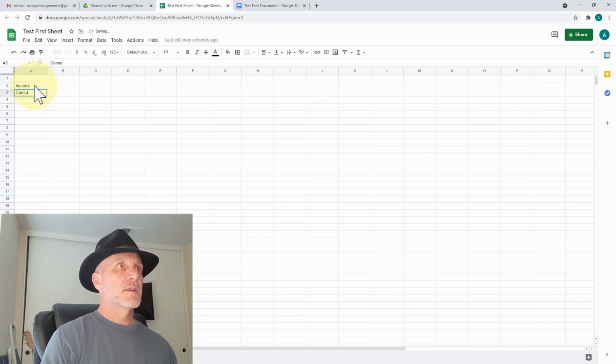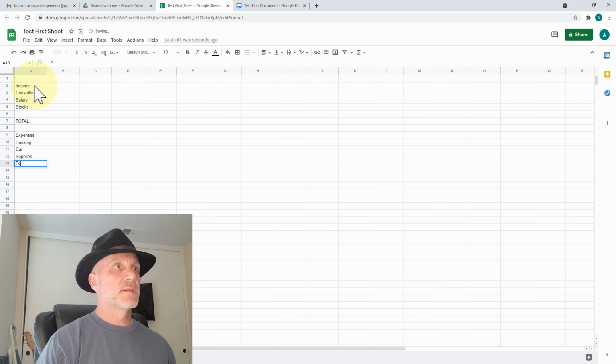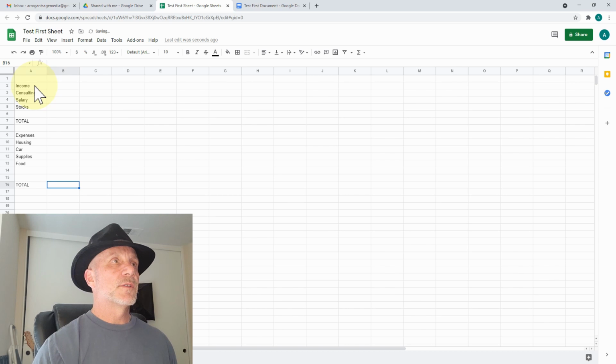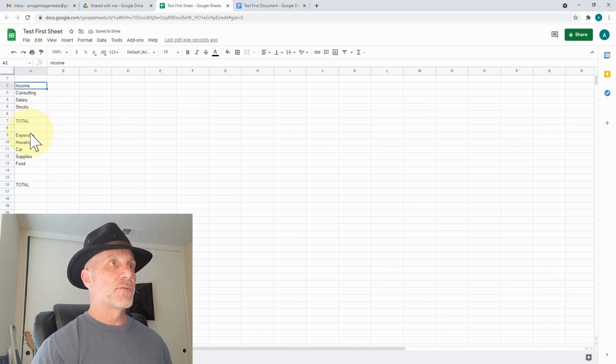Income, consulting, salary, stocks, total, expenses. Housing, car, supplies, food, I don't know, whatever. Total. So this is what a spreadsheet does. If you are unfamiliar, I imagine many of you already know this. But